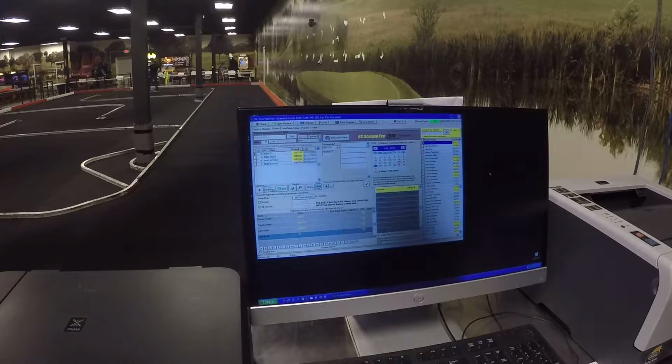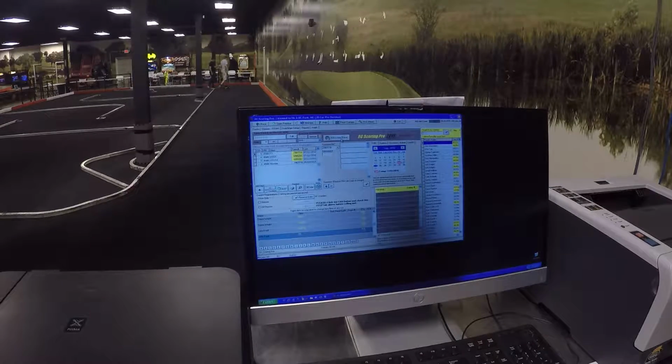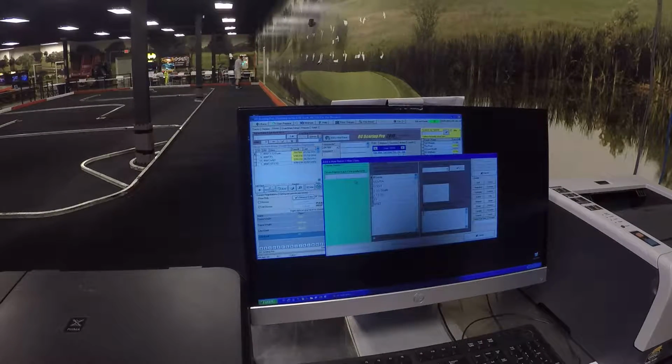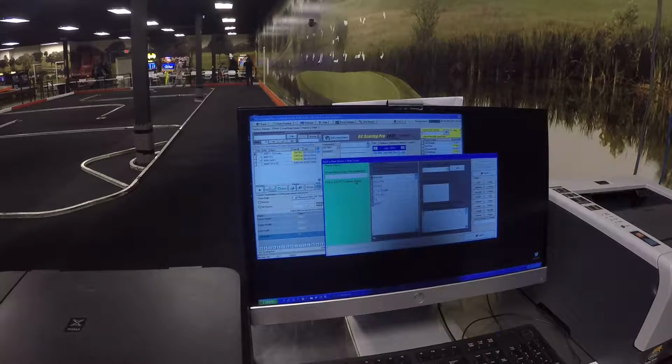The next thing that you're going to need is if anybody is wanting a new racer. So if you have a new racer, let's just say somebody comes from out of town, this right here will add a new racer. So you're gonna click on add a new racer. You're gonna type in the name, and here it says last name preferred, but we've always done it first name first. So if it's John Doe,